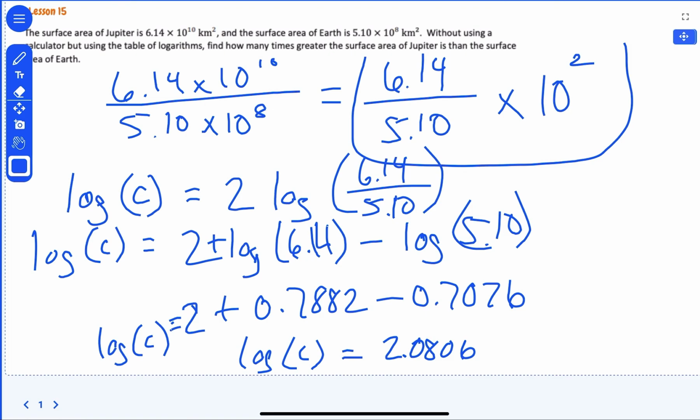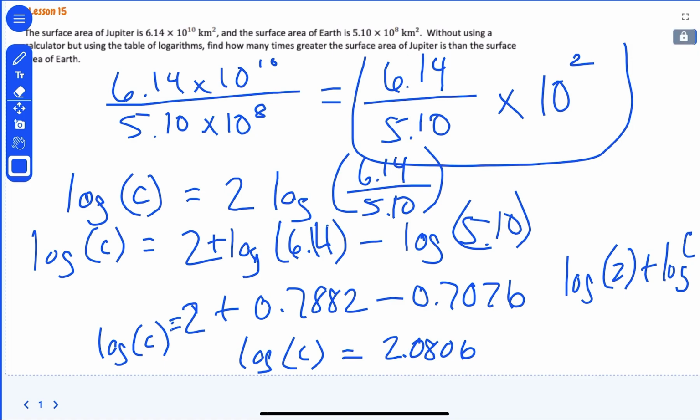We know what the 2 is. What is the 2? What's log 2? 100. Right. So this would be log 100 plus log,